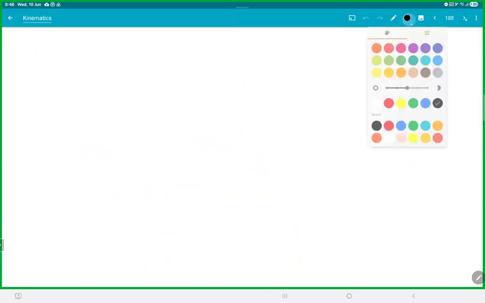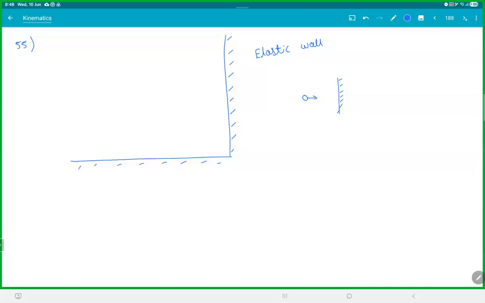Great. So before going ahead, let's do one more question. Let's say we have an elastic wall. What is an elastic wall? So let's explain what is an elastic wall. In an elastic wall, if a ball is coming with some speed, let's say ux and uy, and the ball is coming at an angle,